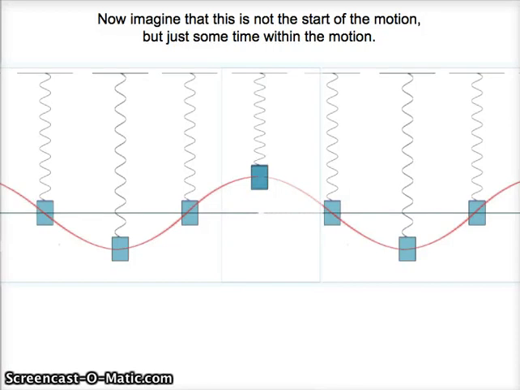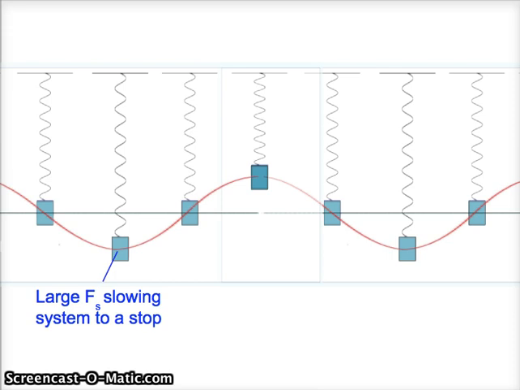Right, so here's our mass on the spring again, but we're looking a little bit later in its motion. It's not right at the beginning, it's just somewhere along the way. Let's look at a few key points in the motion here. So at this lower spot, this would be a spot where the spring is being stretched to its maximum, and